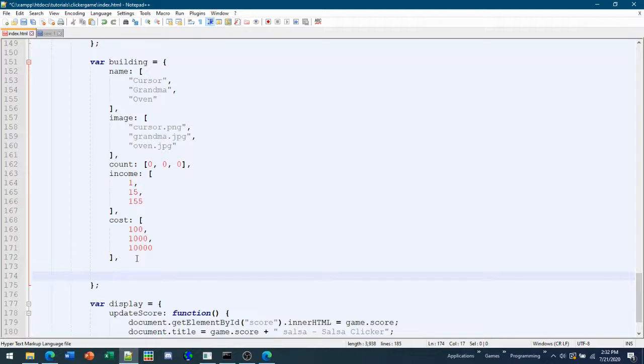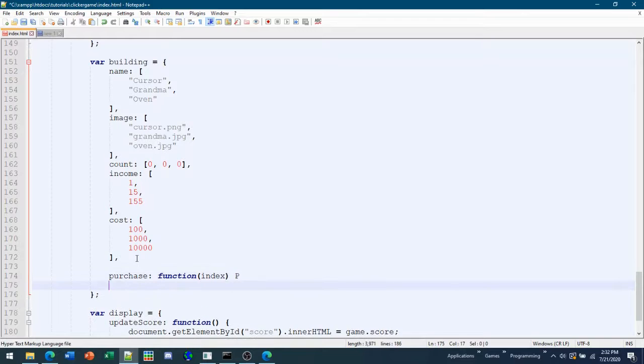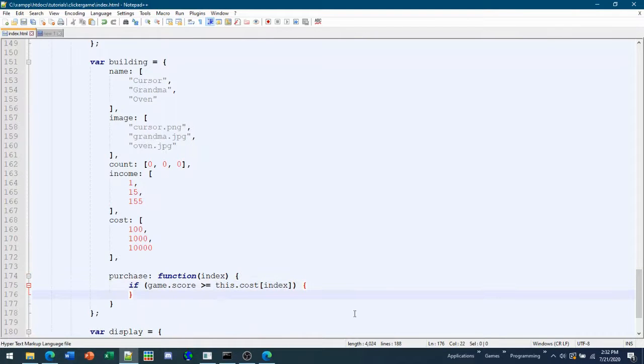So let's make a new function. We'll name it purchase function, and the index as the parameter, if I can type it right. Okay. And then in here we're going to do if game.score is greater than or equal to this.cost[index]. So whatever I input into here is a 0, 1, 2, or 3. So if I put 0, it's going to ask if the cost at index 0, so it'd be 100. So if the game score is greater than 100, then we're going to do